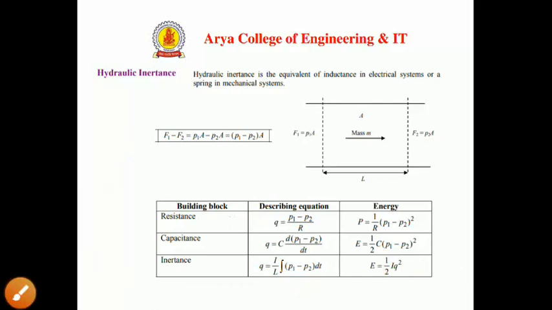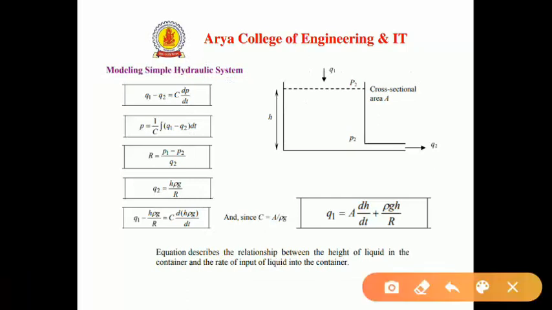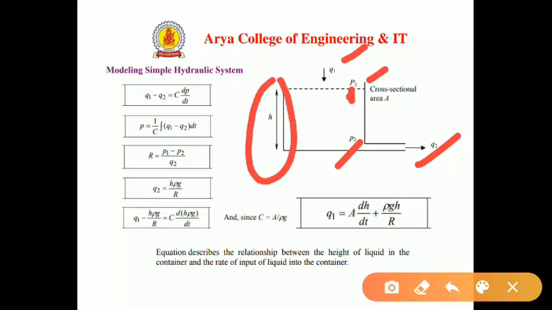Clear? So now we have a simple hydraulic system. We will discuss about that system. It is very clear from the figure. This is also a hydraulic system where the input flow rate is Q1 and pressure is P1, and the output flow rate is Q2 and pressure is P2 at this point, and there is a height of liquid, that is H,